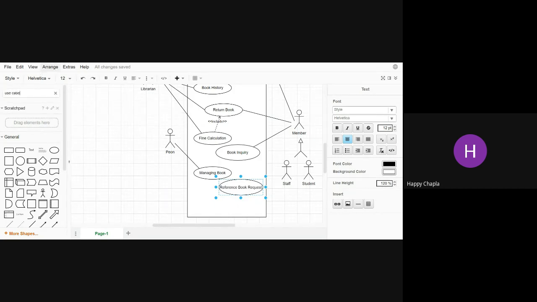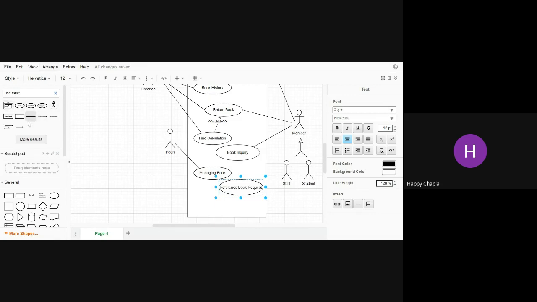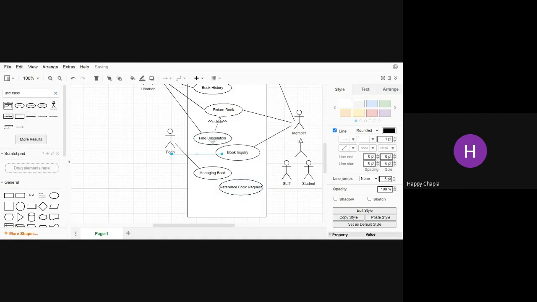If you enter a use case over here, it will provide you all types of facilities. See this, here include functionality, here extend functionality, and here if you want to put some note that it will extend in particular with this condition, then you can use this one. You can use this use case, this one is the actor, and simple communication.